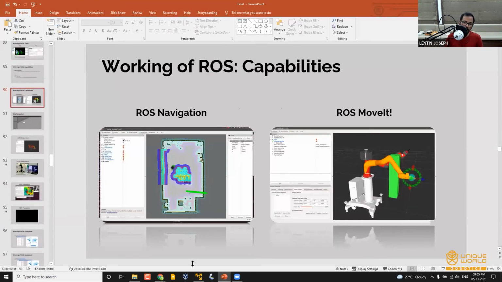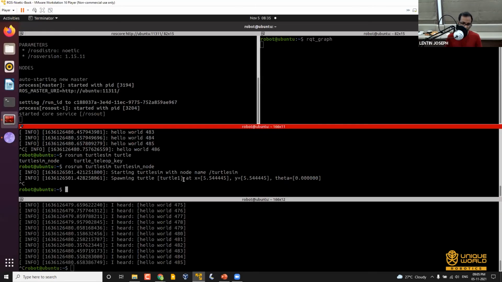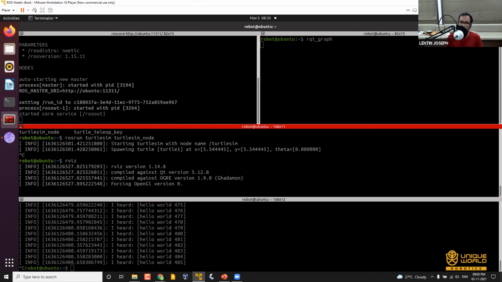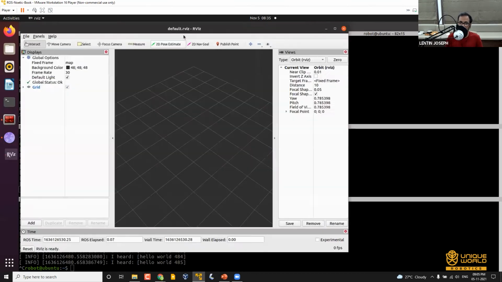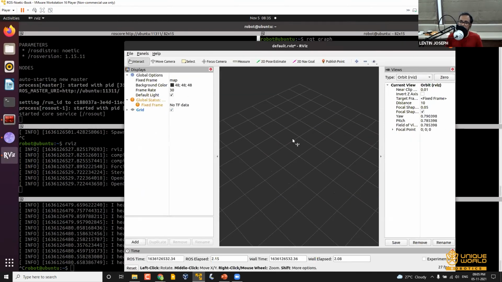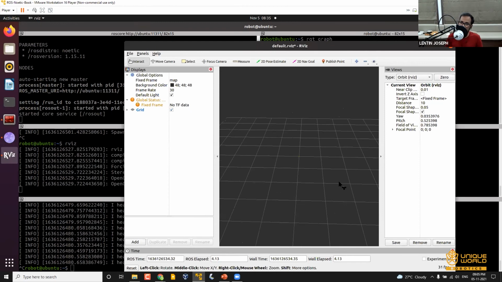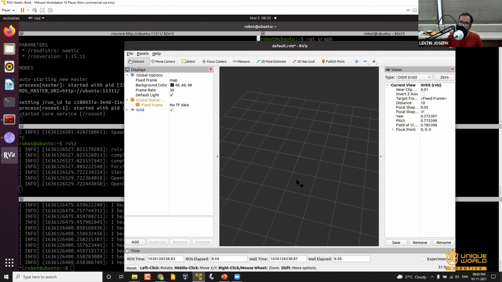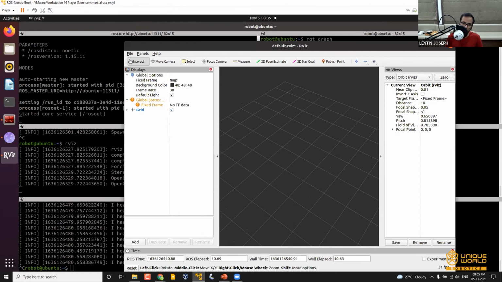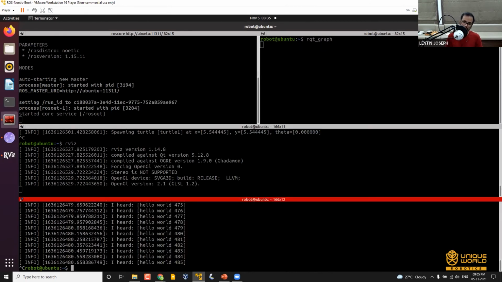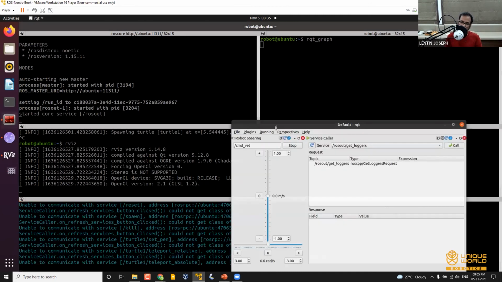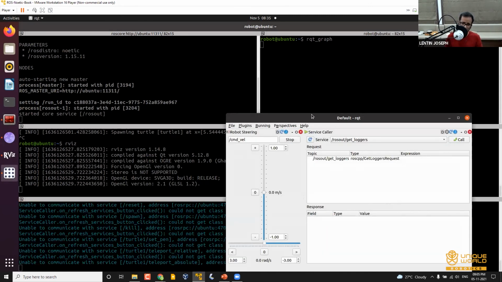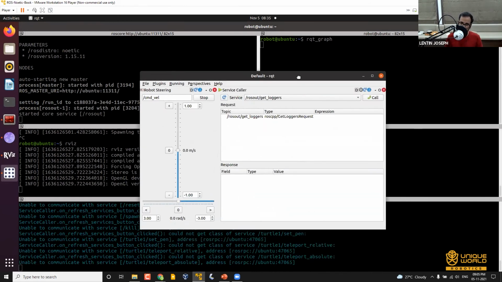Before that, I want to show you some of the tools of ROS. One of the tools is called RViz, a 3D visualization tool. RViz stands for ROS Visualizer, and it is used to check the topics from different nodes. This is another GUI tool from ROS.